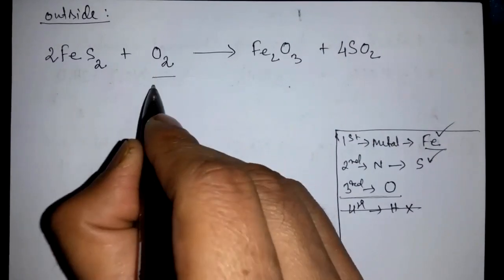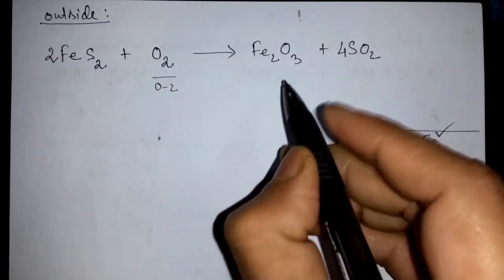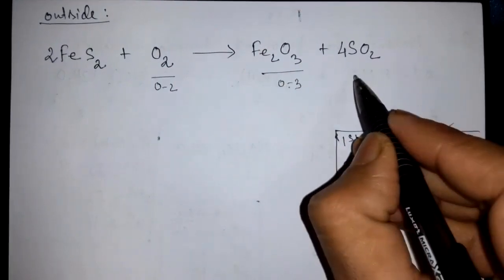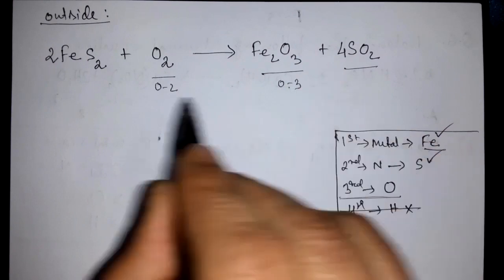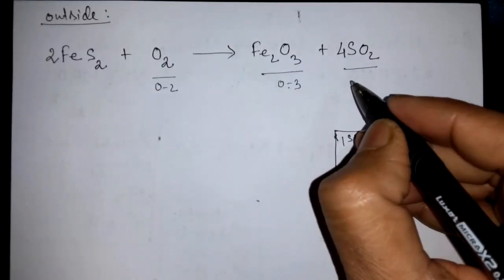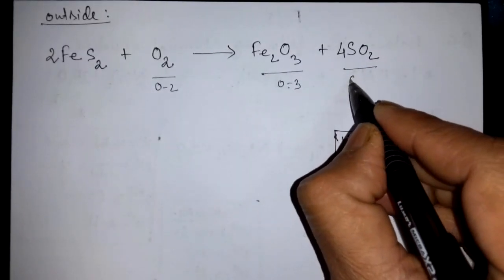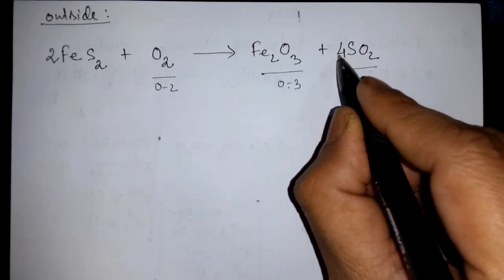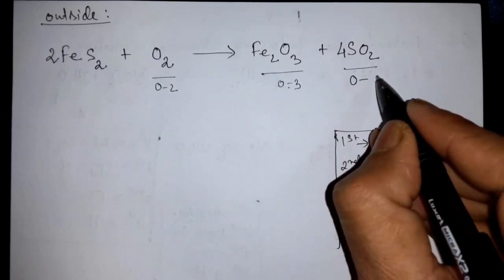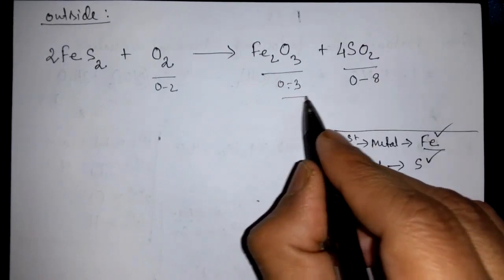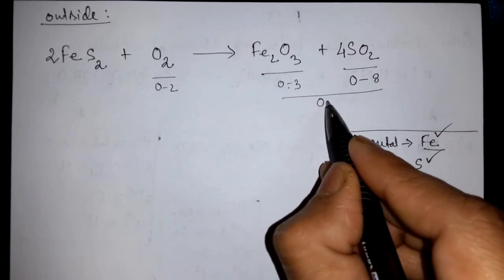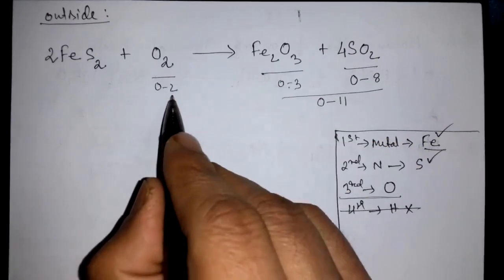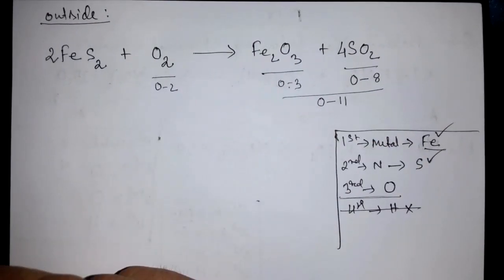Okay, here we have oxygen 2. In this we have oxygen 3. Here your oxygen is 2, but 4 you have to multiply because this 4 is for both the atoms. So 4 2s are 8. And if you add them together, then your oxygen is coming 8, 9, 10, 11. And here it is only 2. So we have a problem.